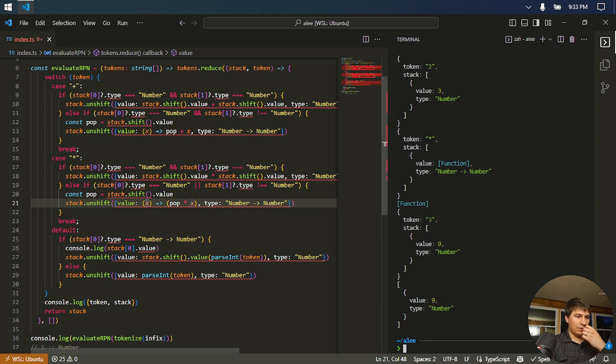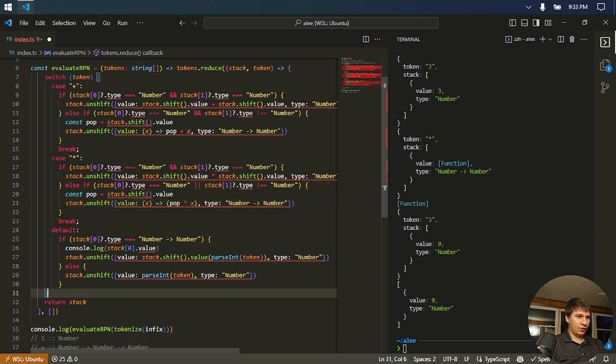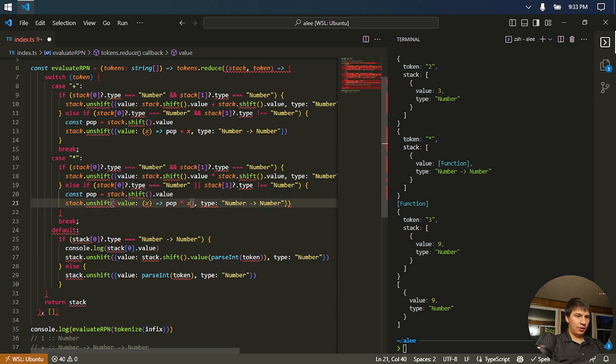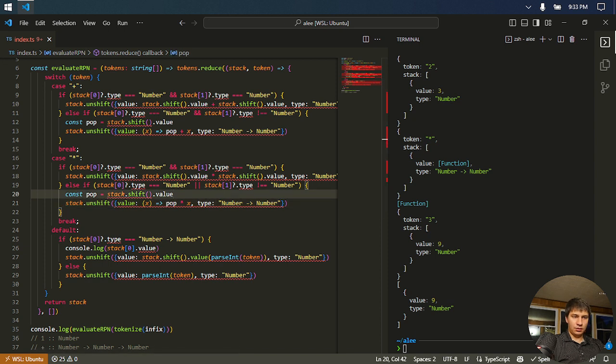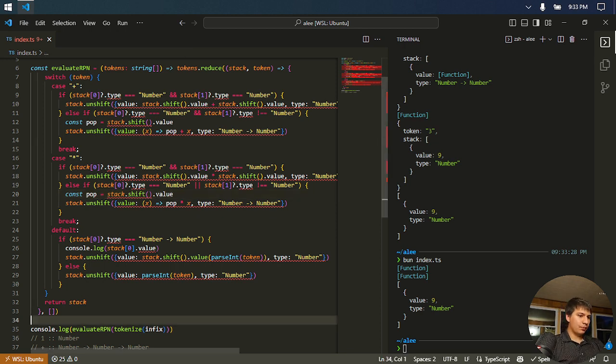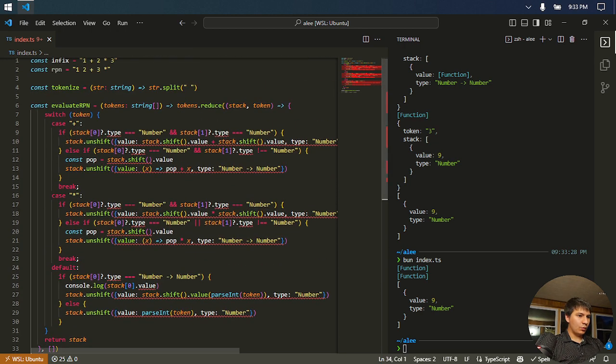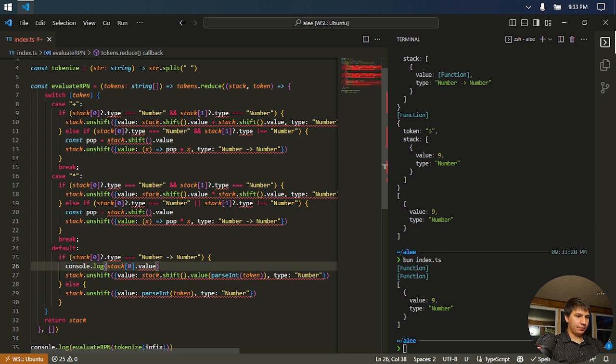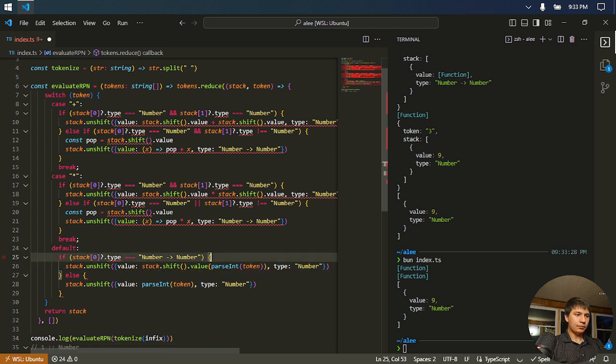Okay. Remove these console logs, and I don't think we need that bit there either. Hey, there we are. Cool, cool, cool. Where else am I doing a console log? Right there. Okay. So we essentially have a stack-based